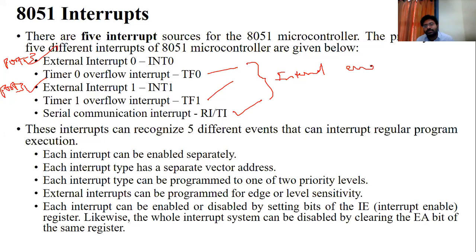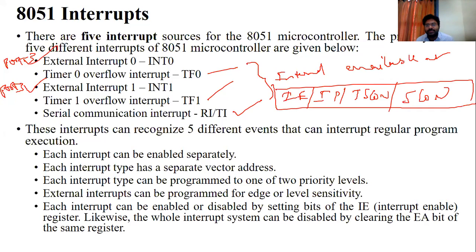These are available at the IE interrupt enable register, then the interrupt priority register, then the TCON timer control register, then the serial control register. You operate these registers, so you need to write the program.